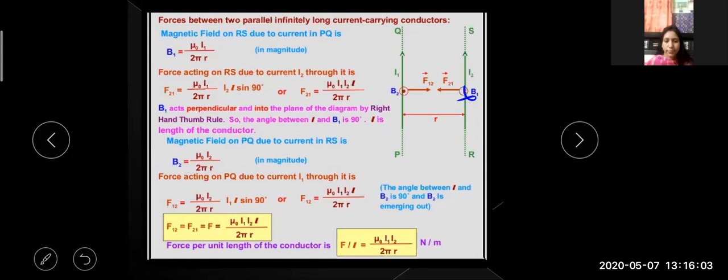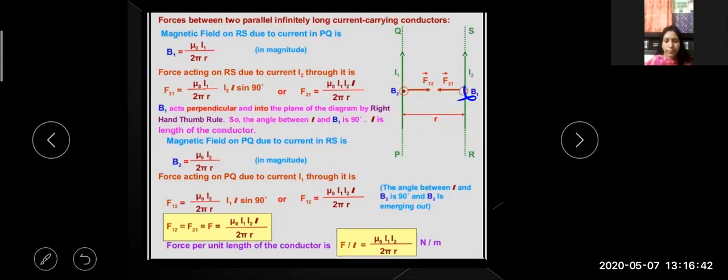Let's draw magnetic field lines due to conductor PQ so that you can understand it easily. In this, current is flowing in the upward direction, so the magnetic field will be anti-clockwise. Something like this. So for conductor RS, we see that the magnetic field is inward. Like this, right? So for conductor RS, the magnetic field will be directed inward. I hope this point is clear to you.